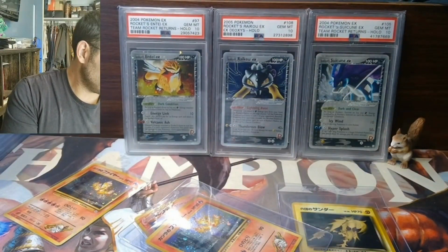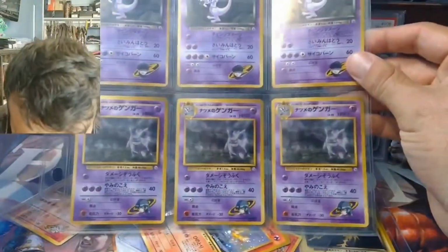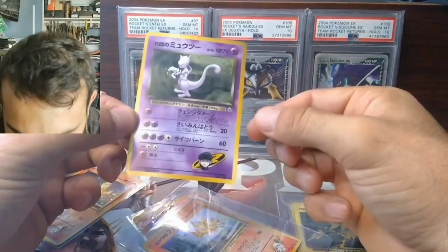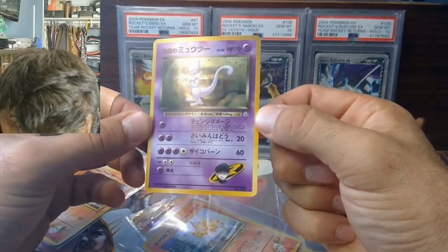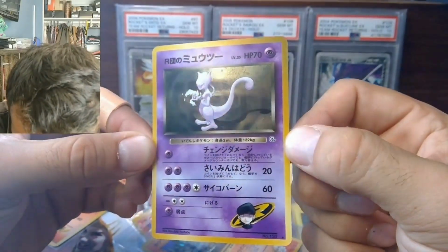Let's go on to this page here. I think this is absolutely stunning right here. You got Sabrina's Gengar, Rocket's Mewtwo, and more, Blaine's Moltres. So let's take a look here. Hopefully no more damage on these cards, but nice centering on a lot of the money cards. The non heavy hitters seem to be a little off center, but I don't see any scratches on this card